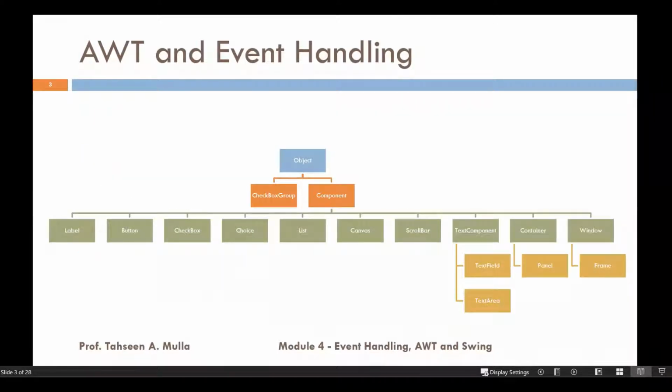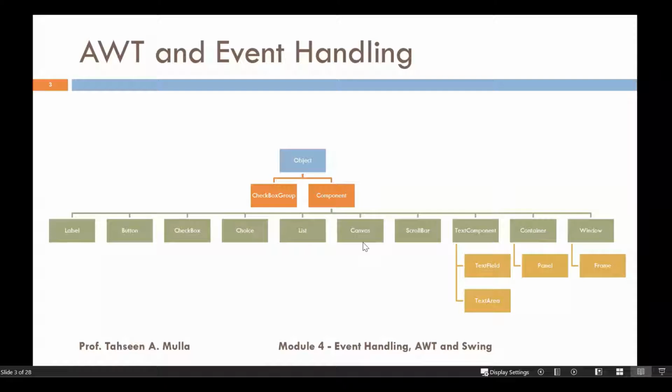And this is the entire scenario, or you can say the hierarchy of AWT. As of now, we are seeing here that it is on the very top: you can see it is an Object. Then we have a Component, right? And these are the list of components which we'll be using throughout our module. First we have Label. Label is nothing but a simple text representation, or a message given to the user. Then we have Button, then Checkbox, Choice, List, Canvas, right?